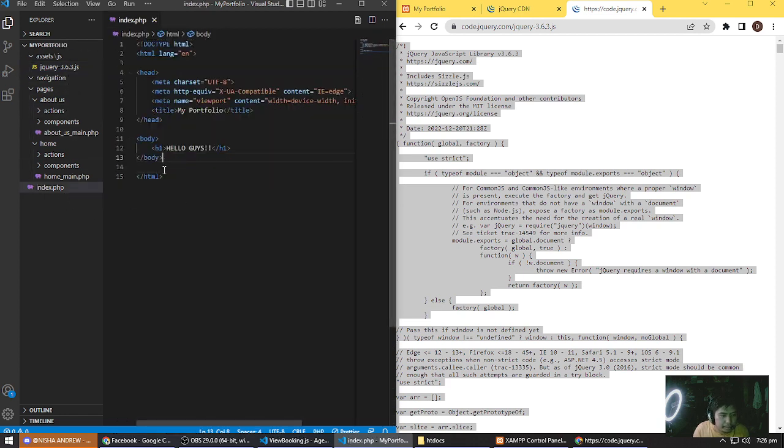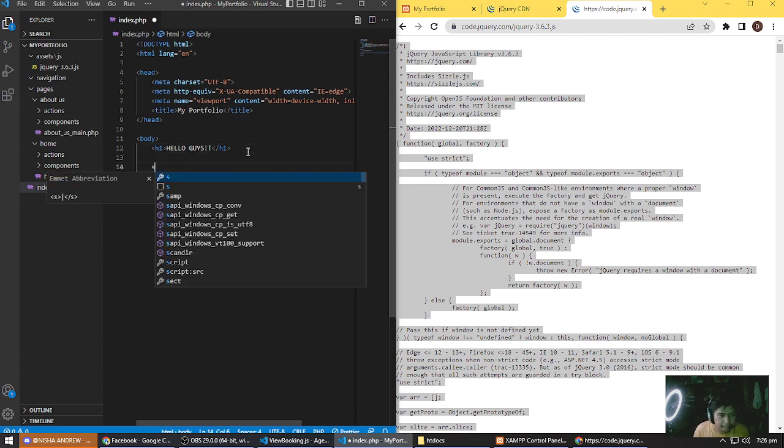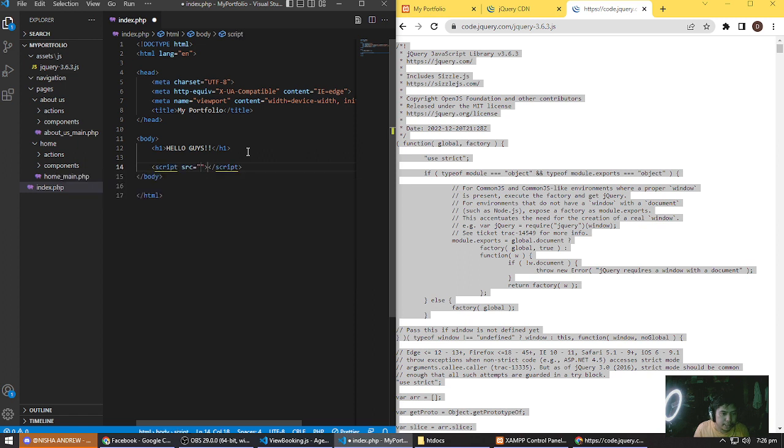Now we're going to implement the jQuery and put it inside our HTML. To do that, we're just gonna call a script with the source. Then we're gonna navigate it, assets.js, to here. Now to check that one, to try if